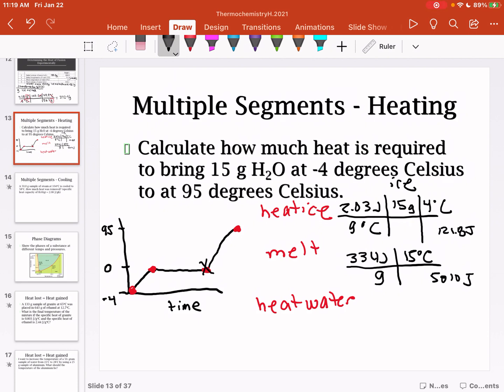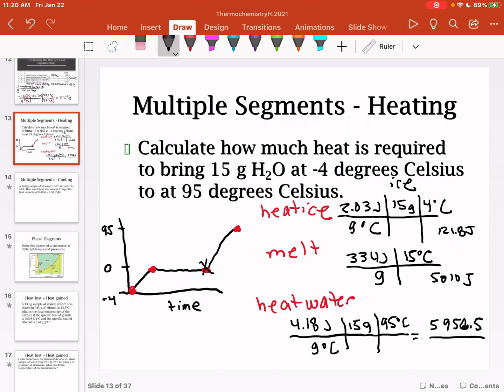So now I need to go from X to the top, where I'm going to heat liquid water from 0 up to 95. And so now I can use liquid water's specific heat capacity at my 4.18 J/g°C. Still have 15 grams. And I'm looking to go from 0 to 95. So a delta T of 95 degrees Celsius brings me to 56.5 joules. So if I add together my 3 segments of my heating curve, I get a total value of